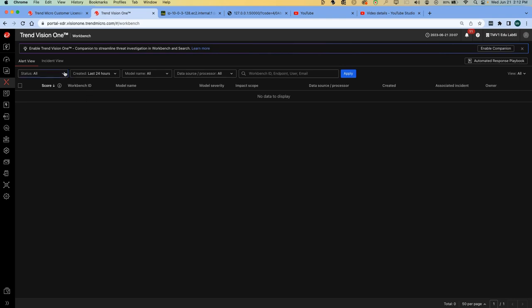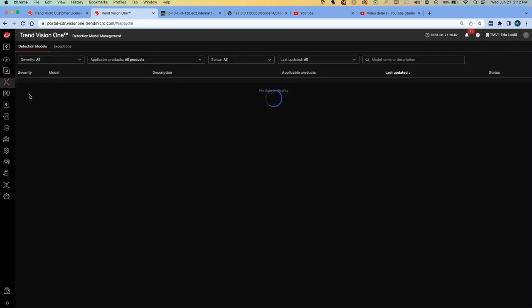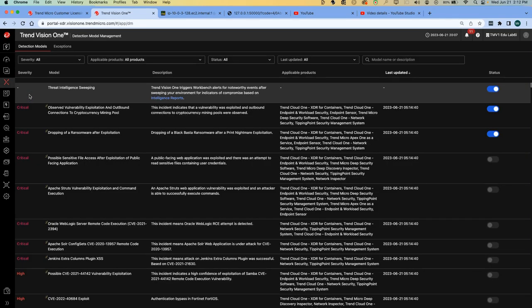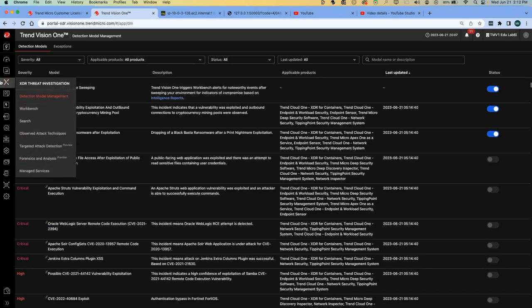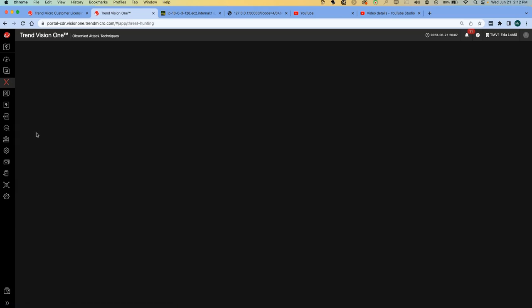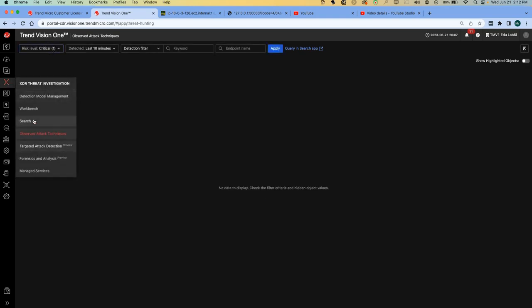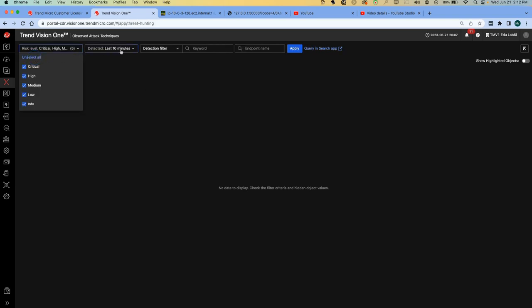So we're not going to see a workbench for these because there's no detection model specifically for them. It's not connected with a piece of malware. We're going to go to our observed attack techniques to be able to find these. Now, alternately, we could also do a search for these, which I'll show in just a few minutes. Let's bring up all, and let's say the last 60 minutes,